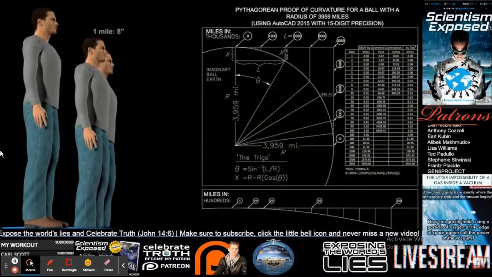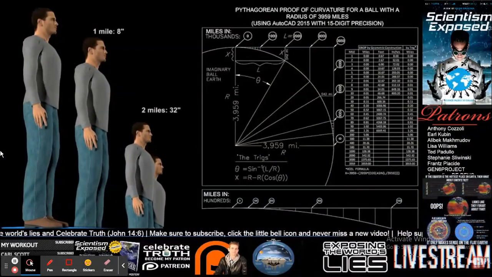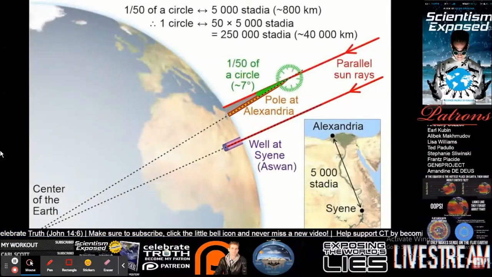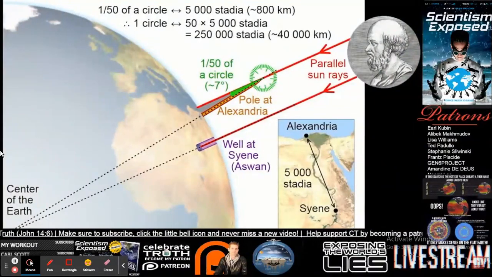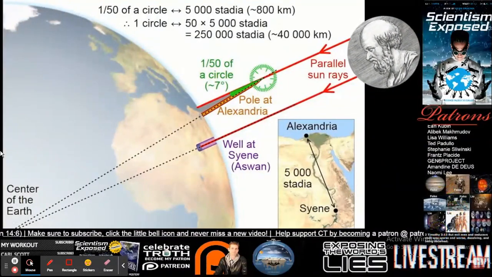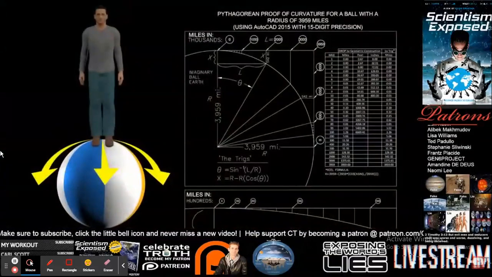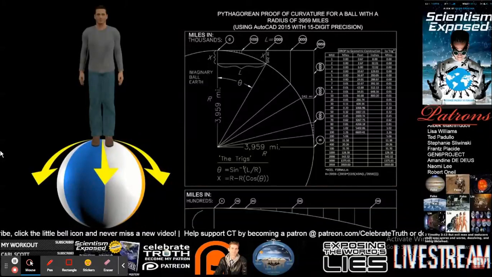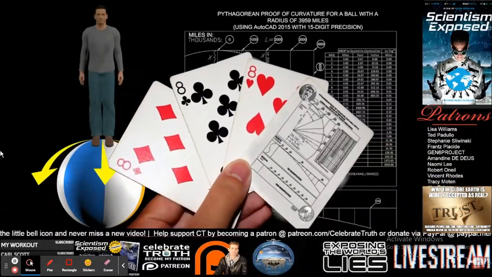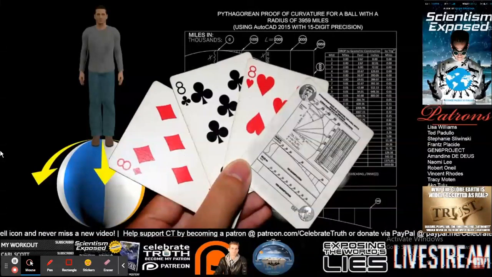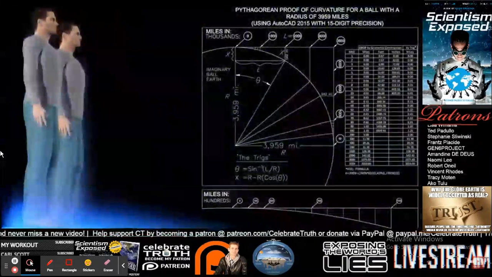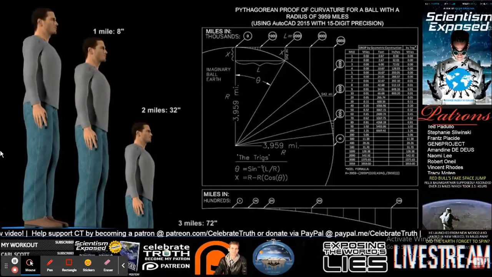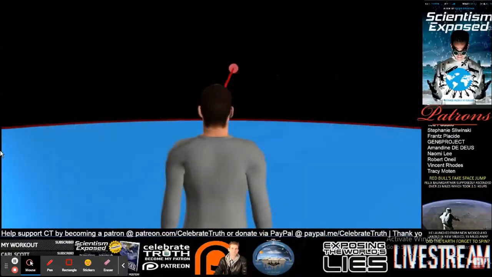According to Pythagoras and according to the spherical model invented by Eratosthenes, who calculated our circumference to within about 5% of its currently accepted circumference of 25,000 miles by looking at the sun in a well and the shadow of a phallic symbol. So as you can see, this produces an extremely interesting problem for the ballers. And frankly, it means that Pythagoras and Eratosthenes just handed a trump card to the flat earthers. And pardon the pun, but there's simply no way around this problem. Indeed, if the squares of a chessboard are 1 mile across, all it takes is 3 moves for any flat earther to quickly put a ball earther into checkmate.